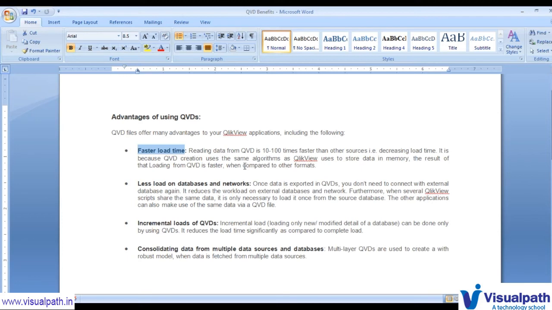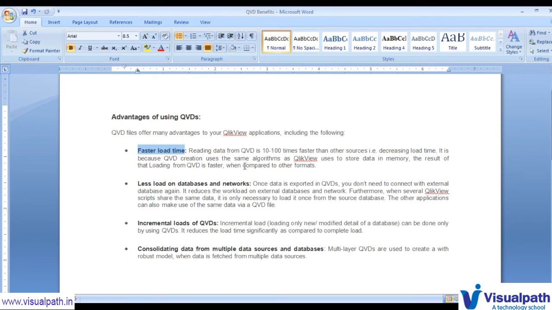So what you do here, instead of going the first way, we are creating a second application here, and firstly we convert the SQL data to QVD, and then we take the QVD data. What it does is decrease the load time. How? Because when you generate the QVD file from the SQL server or SAP server, the data size will be compressed.